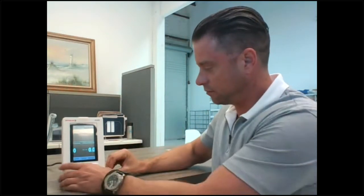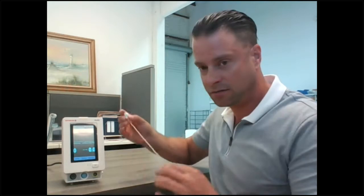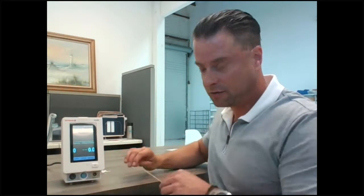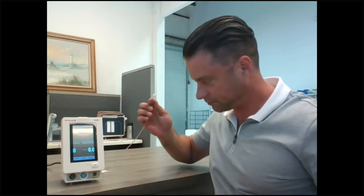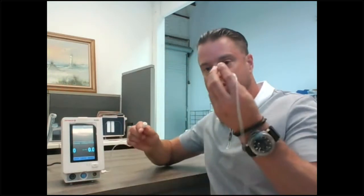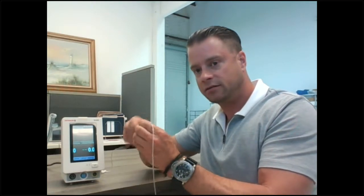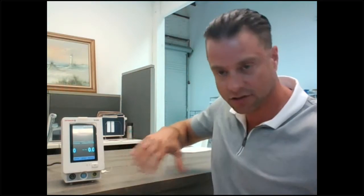The monitor requires a Nafion filter or any type of filter before putting the nasal cannula on. This is a Nafion filter. Plug the Nafion filter onto the Luer lock like so. Then you can take your nasal cannula or sample line, twist it onto the filter,